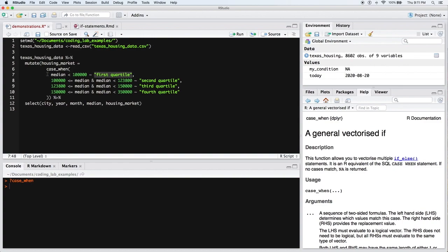After the tilde, we have the result that we do if the statement is true. And if the statement's false, we go and check the next statement. So we'll check each statement in a row. Once we say something is true, we're going to take the thing after the tilde, and then we'll check the next